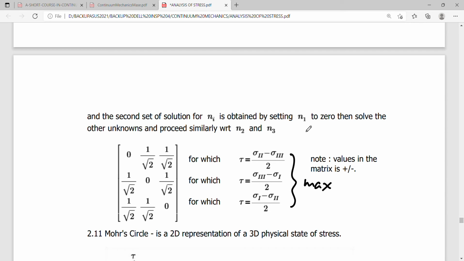So we need to make such an assumption in order for us to yield a third set